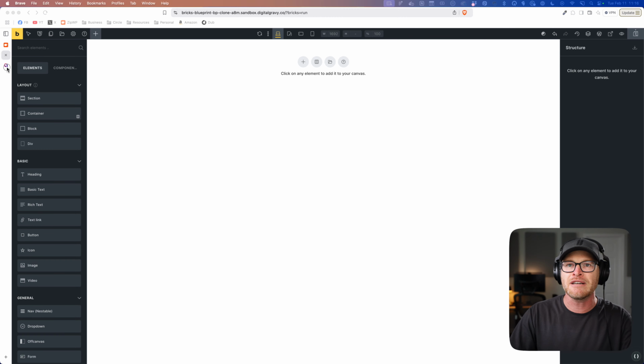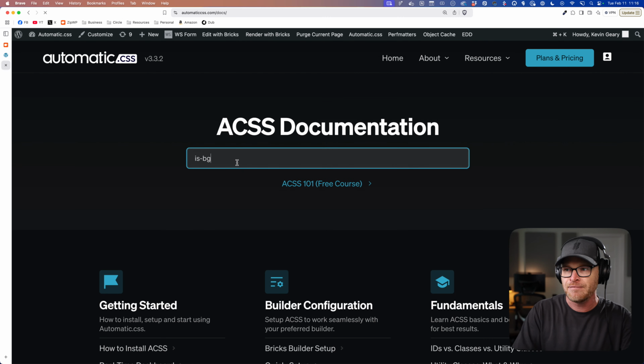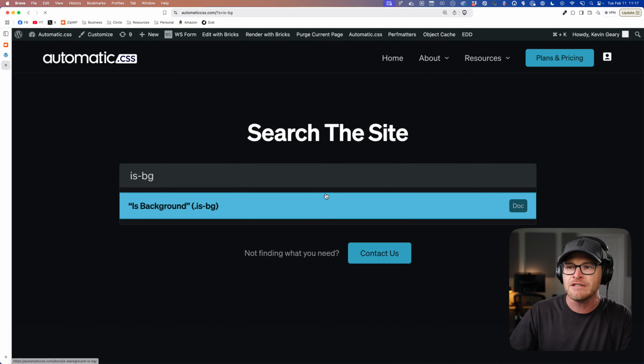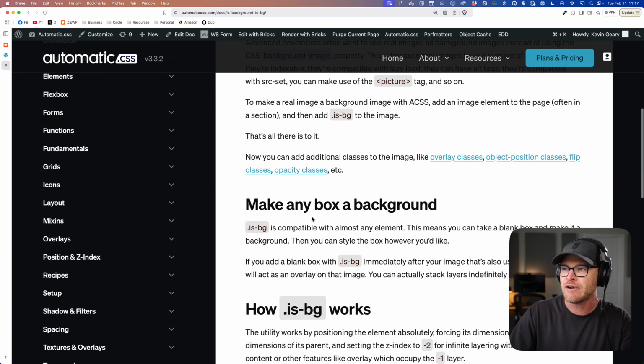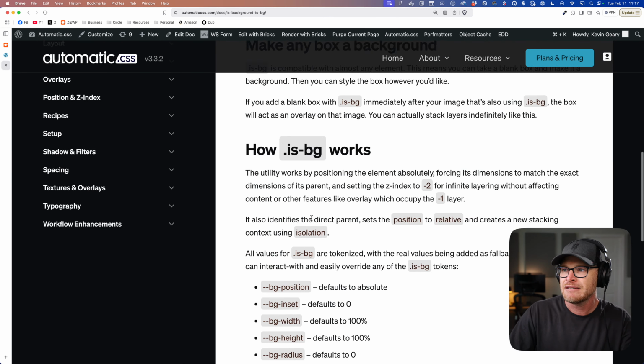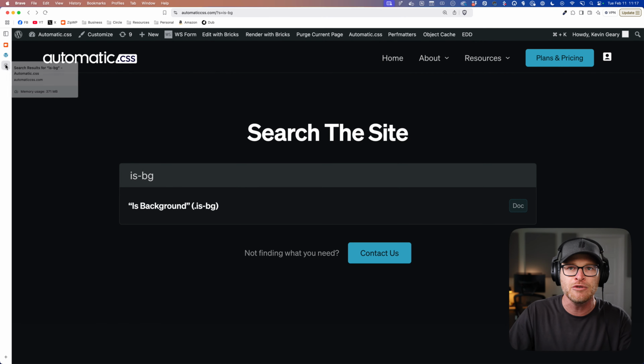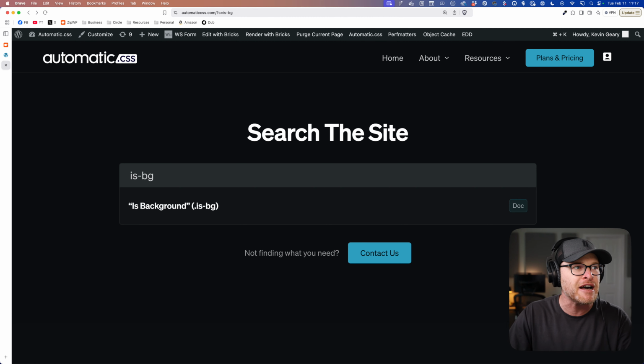By the way, just to demonstrate here, I'm kind of glossing over some of this stuff, just showing you, but if you search isBG, it's documented in detail. All the things you need to know to properly use this utility. Someone asks, "isBG and fade outs are something I was regularly doing manually before?" Yeah, I actually didn't even have fade outs on my list, but that might be a good thing to explore as well.